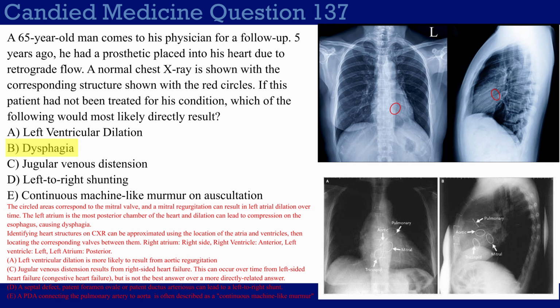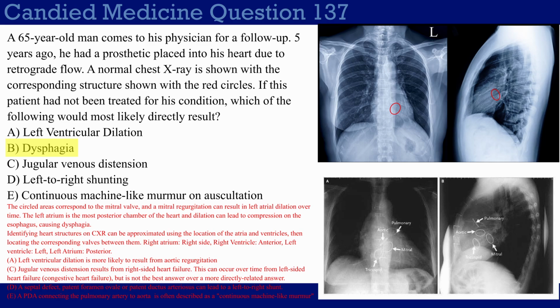Choice C, jugular venous distension. This is the result of right cardiac failure or right-sided heart failure. Obviously, it backs up into your jugular vein and you get jugular venous distension. I mean, I think you can argue with me over whether or not I drew the circle to mean mitral valve or aorta, but there's no way for you to argue that this is the tricuspid valve or the pulmonary